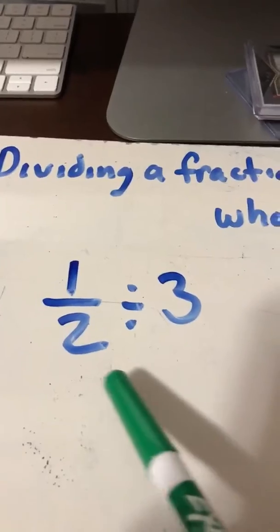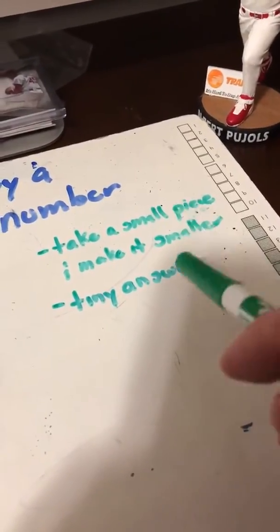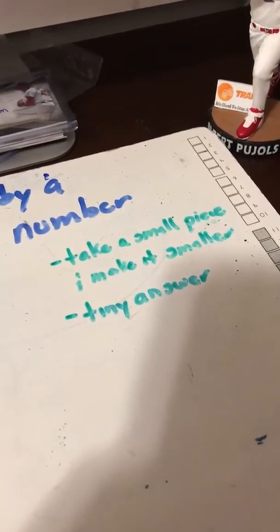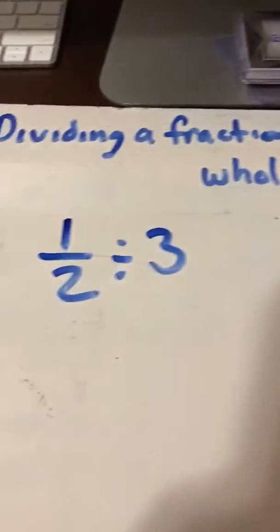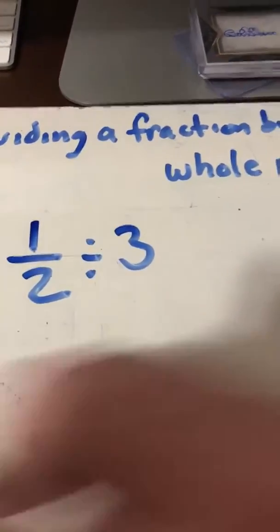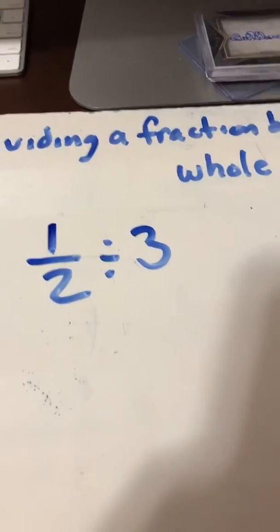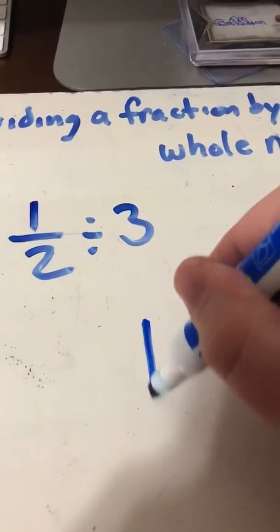So in this case, you're going to get a tiny answer, like a small answer, because it's a piece of a piece. So in this case, this would be my equation, 1/2 divided by 3. Remember, again, on these problems, we're looking to do an equation, and also, besides doing an equation, we're also looking